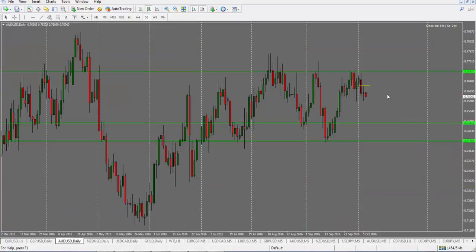Looking at Aussie US dollar here, we did see a nice drop the day before, and yesterday was just a spinning top here, an indecision candle. However, the price has closed into the bottom of the previous candle, which gives us a bias to the downside here. Price is staying below, it's making a lower high and lower low, so we are expecting a further